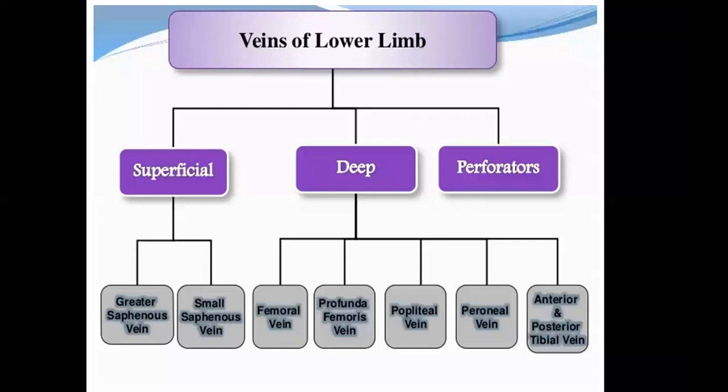The superficial venous system includes the greater saphenous vein and the small saphenous vein, whereas the deep venous system includes mainly, starting from the leg, the popliteal vein, after the peroneal veins, and then the femoral vein, which then terminates into the external iliac vessels. So, for ease of description and understanding, we divided the veins into superficial and deep categories.